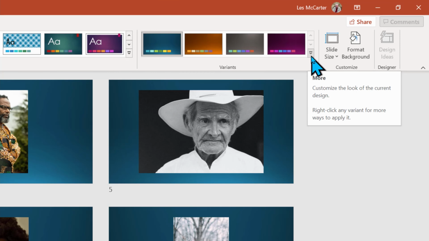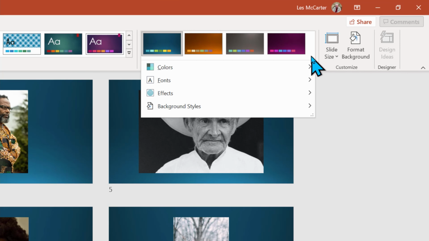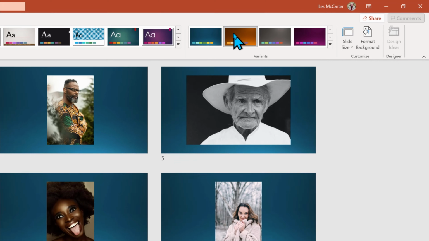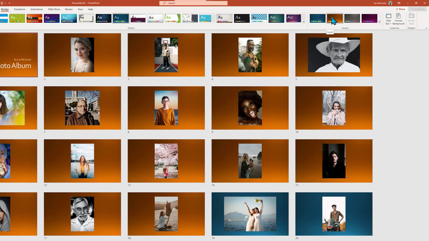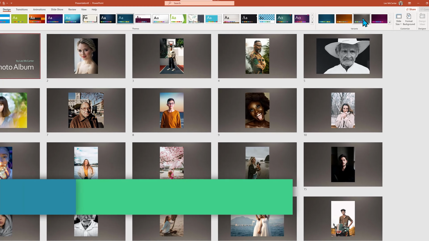Here, you can fine-tune your look by changing colors and fonts. But let's try some of the preset variations with an instant update using the golden brown look. Or we can try the more neutral gray-brown background to make it a little less obvious. So, what if you need to add or remove more photos?